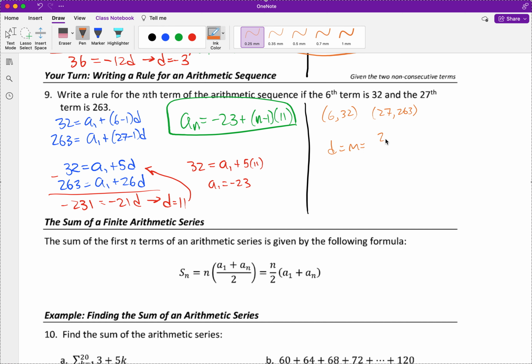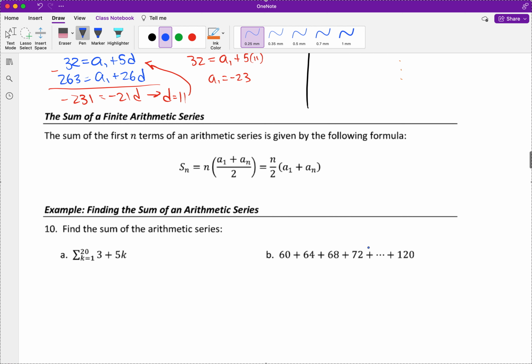All right, so I would do 263 minus 32 over 27 minus 6, and I would get 231 over 21, aka 11. And then we would do the same process to try to figure out what A1 is. There you go. That is the basics of arithmetic sequence. And now what we're going to do is transition to working with